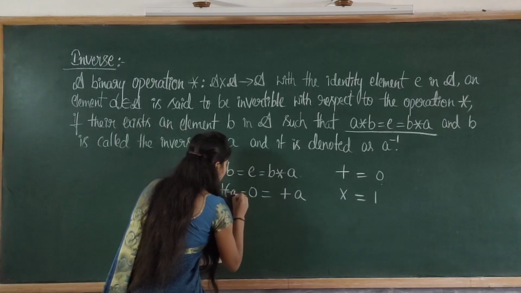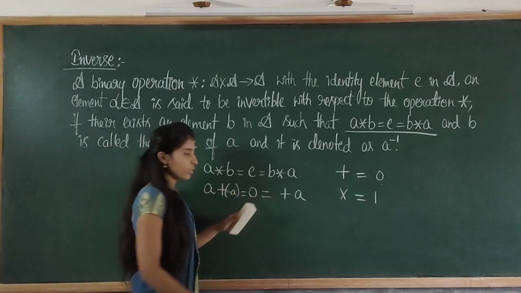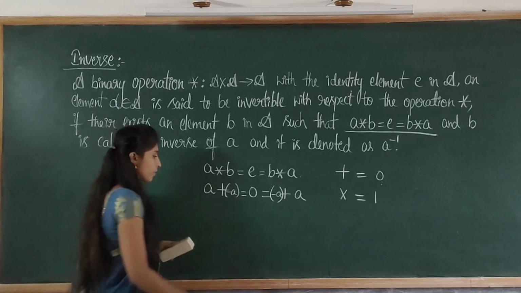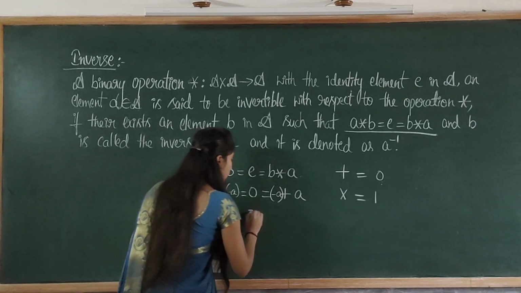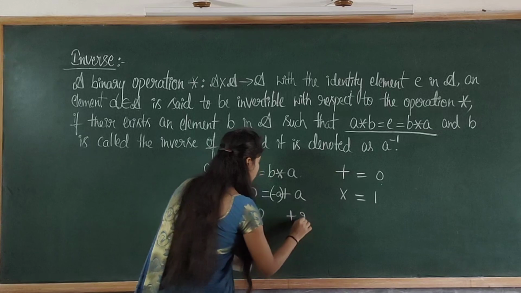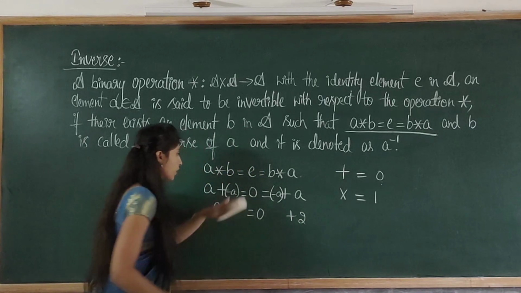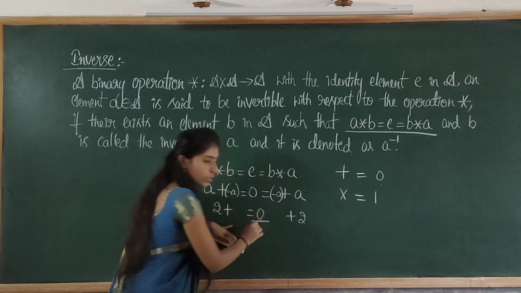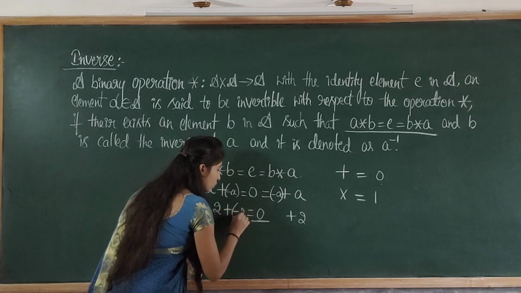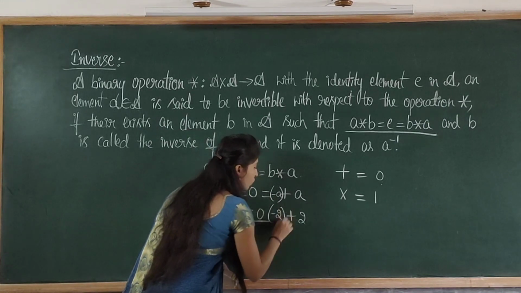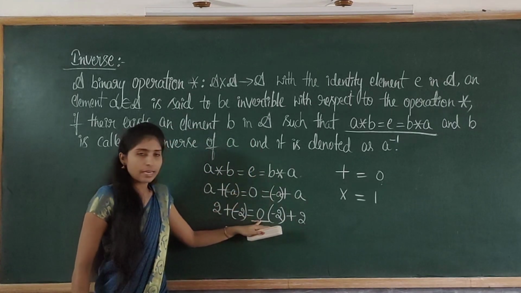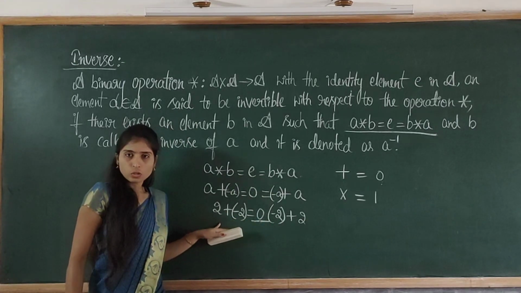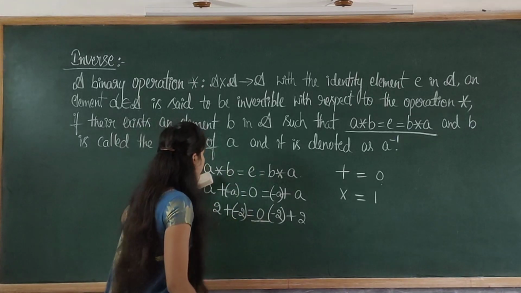So if I put minus A here, you will get 0, and here also minus A plus A you will get 0. For example, if I put 2 here, then what value do we have to put here to get 0? That is important here. Okay, in place of B we have to search for a number so that we get the identity element here. So if I put minus 2, then we get 0 here. In addition, the identity element is 0, so this minus 2 is the inverse of 2. Right? This is for addition.